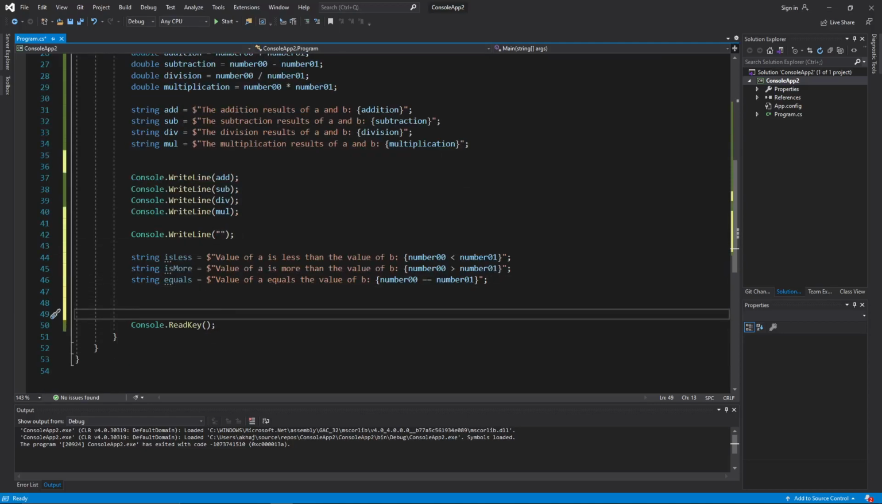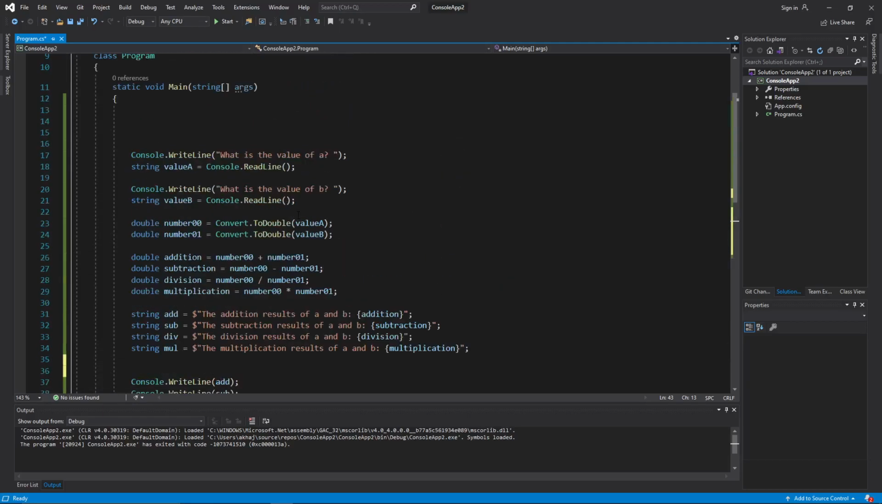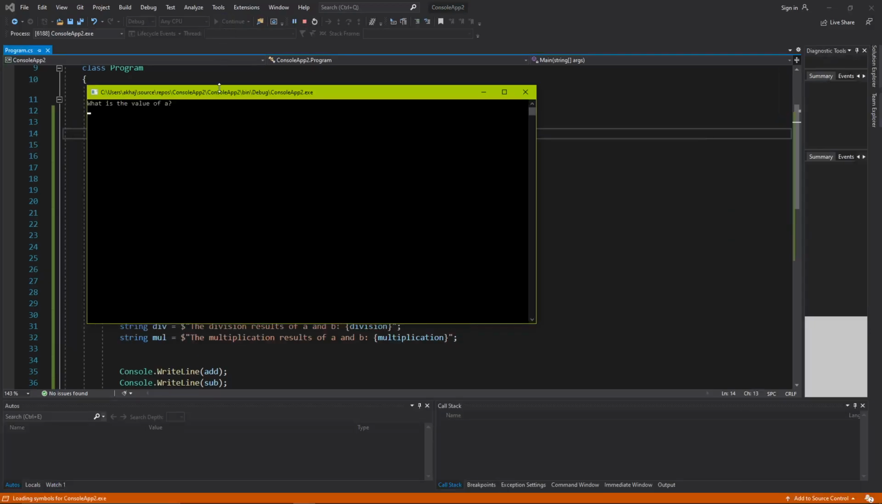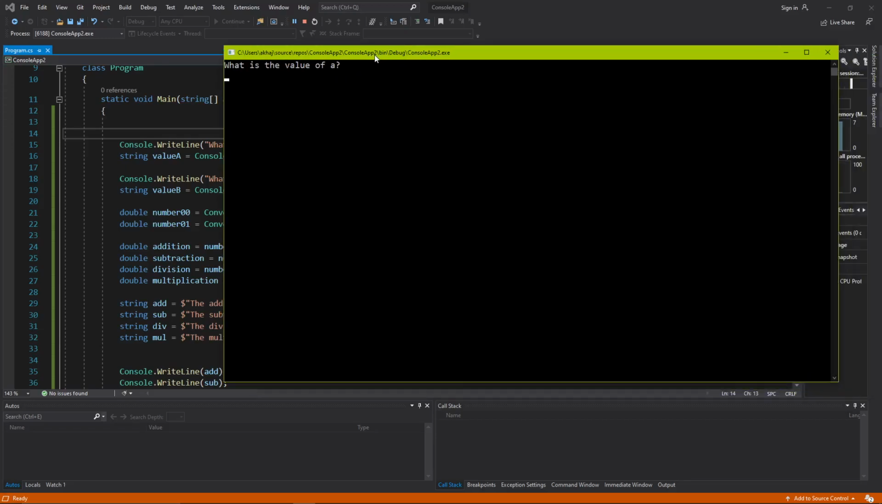And let's get a round of 3 console printing: is less, is more, and is equals. Let's see how that's going to look like. Let's start. So it is going to ask me what is going to be the value of A. Well, it is going to be 75.9. And what is going to be the value of B? 102,